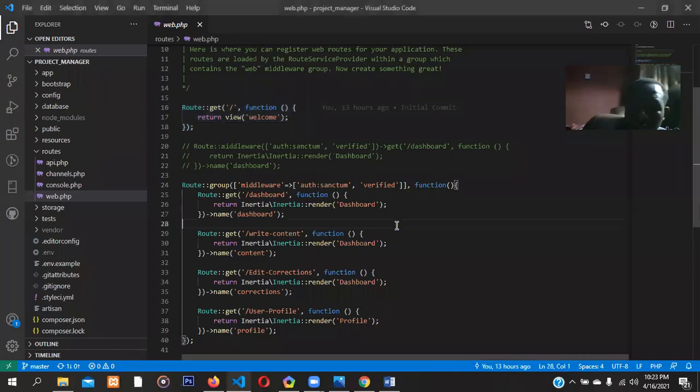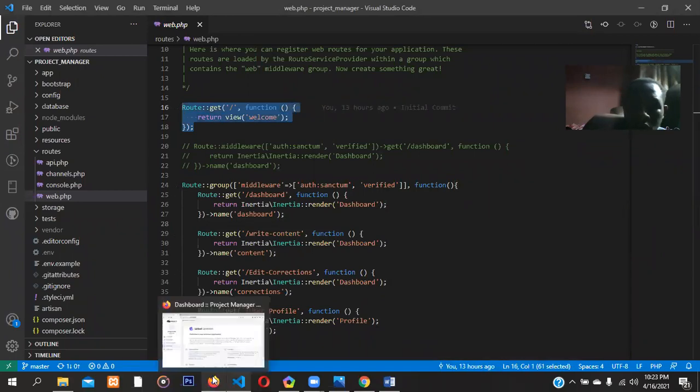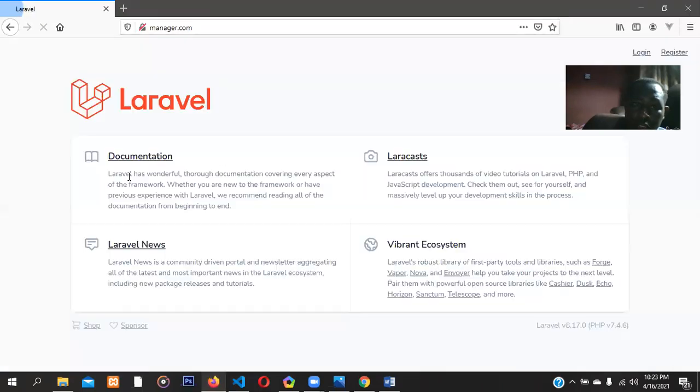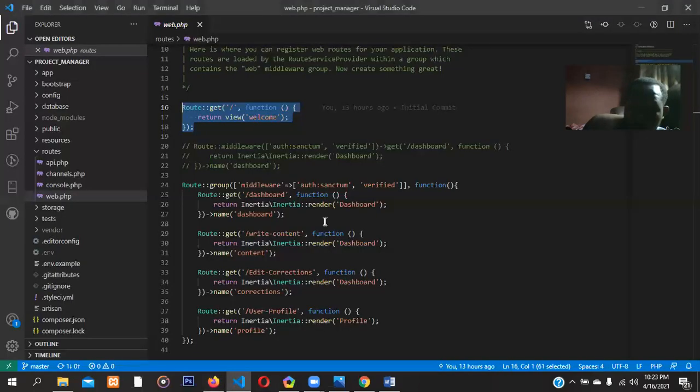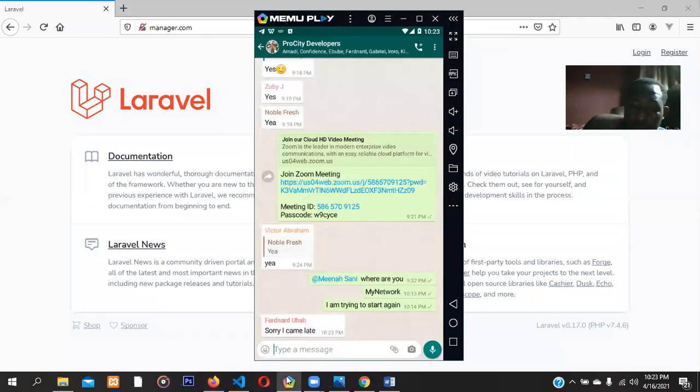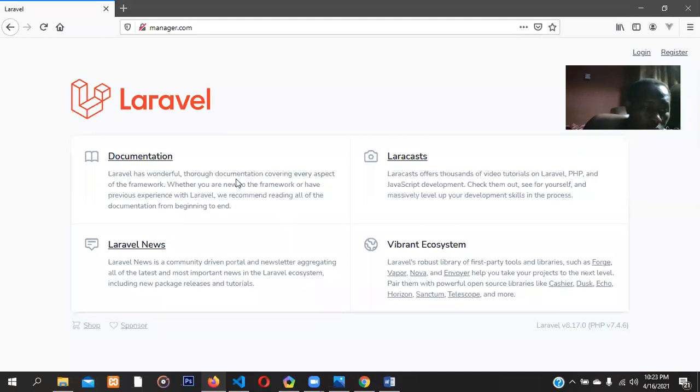Okay, like I was saying, this is the normal home route. If you come to the app, let me log out here. The first page you're seeing now is what this one gives. And if you watch what's going on here, this guy is not authenticated. That means if you're not logged in, that is where you